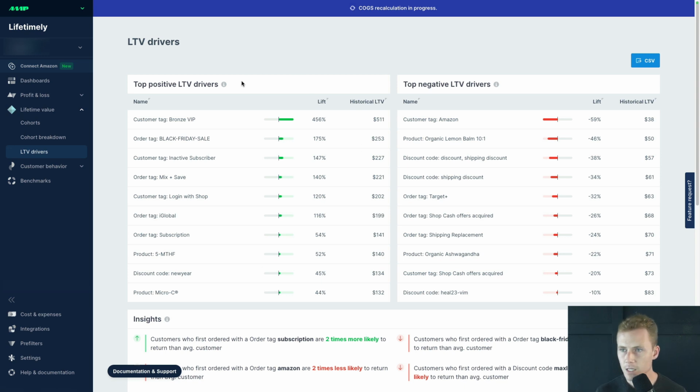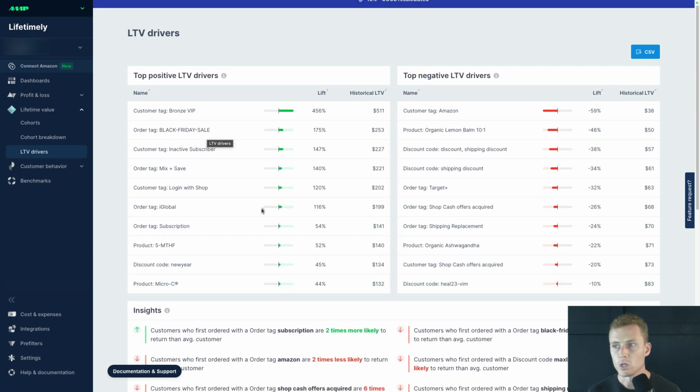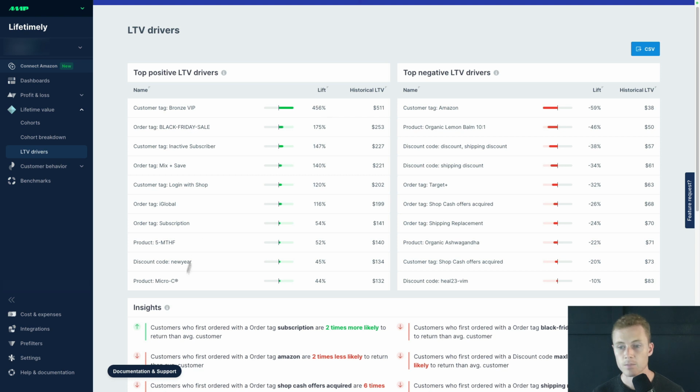So here is your LTV driver report, which shows from Lifetimely what the top positive LTV drivers are. So if the customer tag is a bronze VIP, that's a 456% lift versus the standard. And again, you can see customer tag, you can see order tag, you can see product. So product was micro C, that's a 44% lift. But you can also see the negative LTV drivers. So if the customer tag is Amazon, if the order tag is Target Plus, if the order tag is Shop